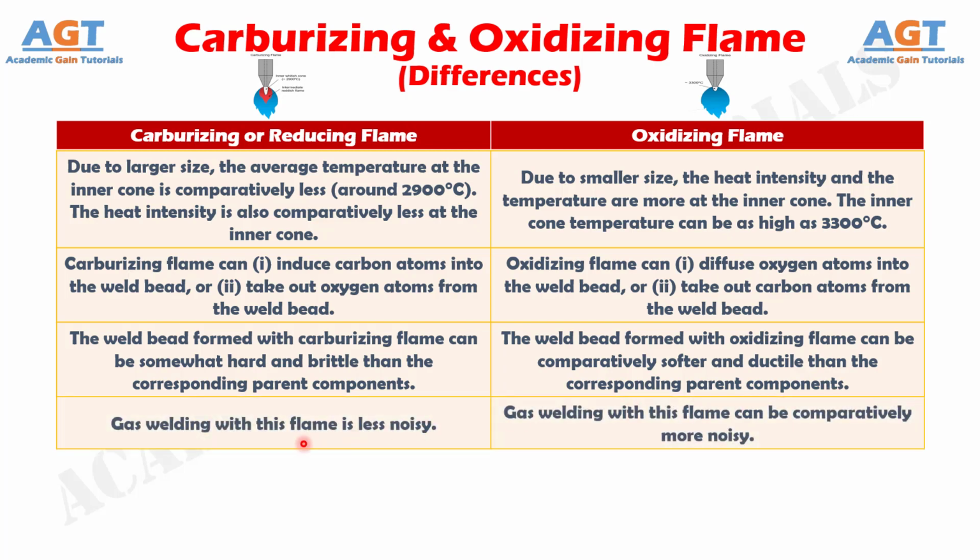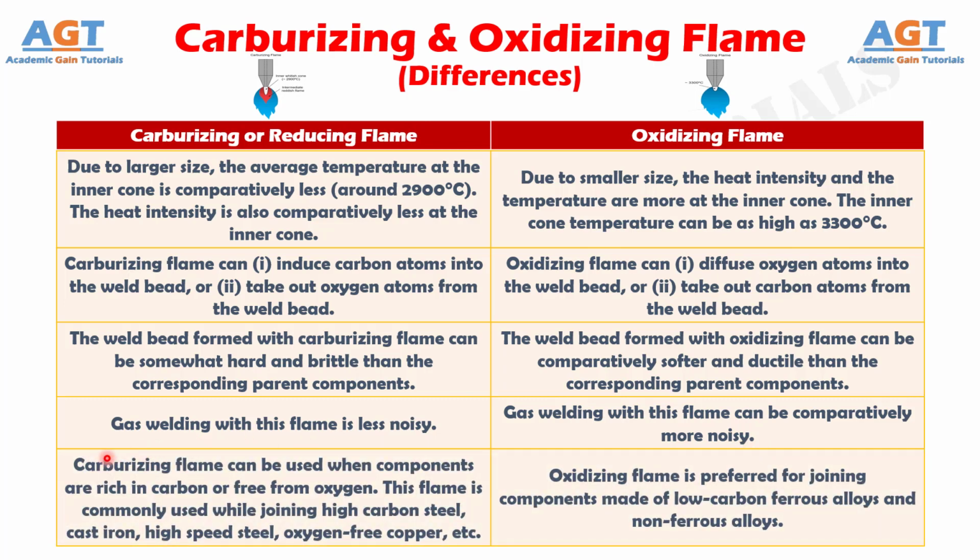Number 8. Gas welding with this carburizing flame is less noisy, whereas gas welding with this oxidizing flame can be comparatively more noisy. And difference number 9. Carburizing flame can be used when components are rich in carbon or free from oxygen. This flame is commonly used while joining high-carbon steel, cast iron, high-speed steel, oxygen-free copper, etc., whereas oxidizing flame is preferred for joining components made of low-carbon ferrous alloys and non-ferrous alloys,